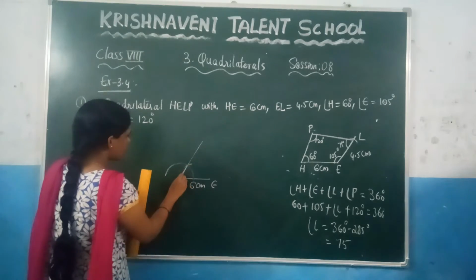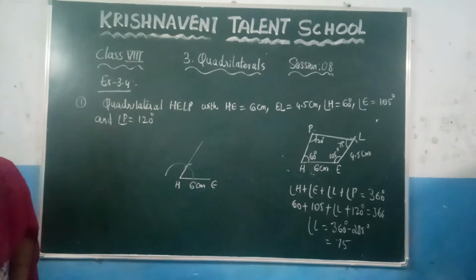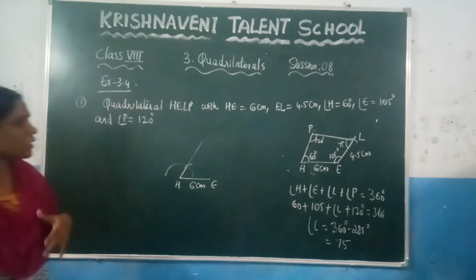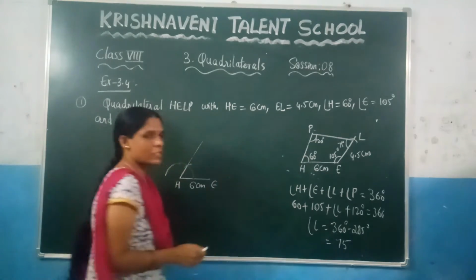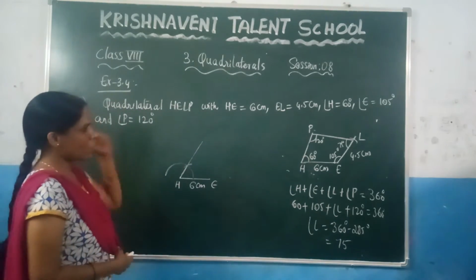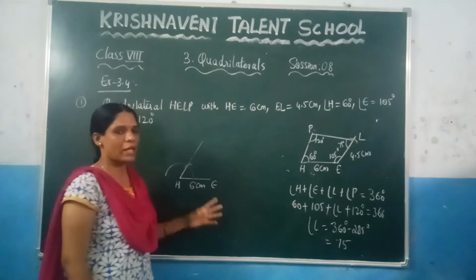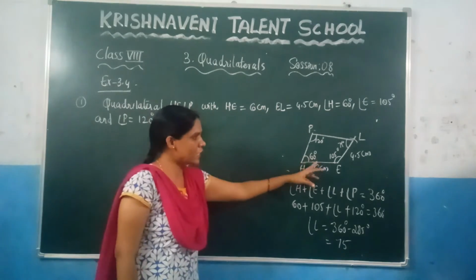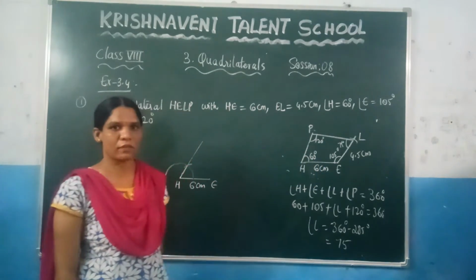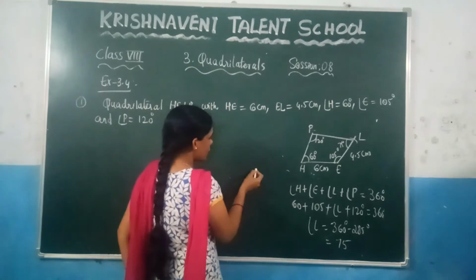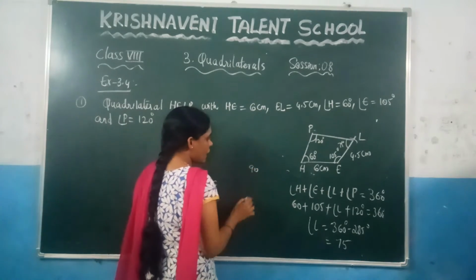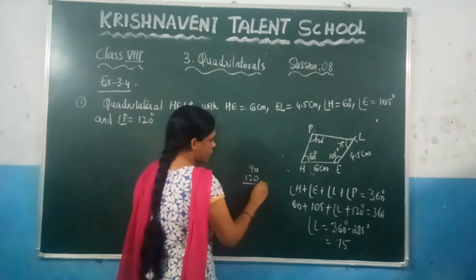This is 60 degrees. Now here again you need to construct 105 degrees without using the protractor. So here, you have to see which two angles this 105 degrees lies between. Clearly you can observe that suppose you draw 90 degrees and suppose you draw 120 degrees, and